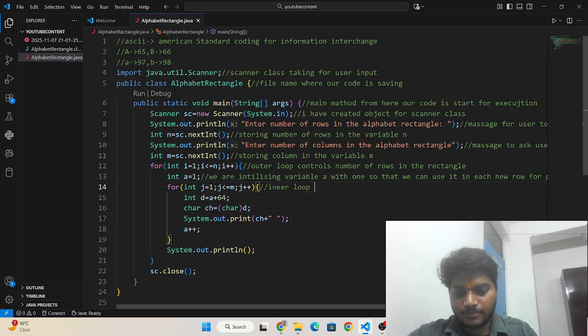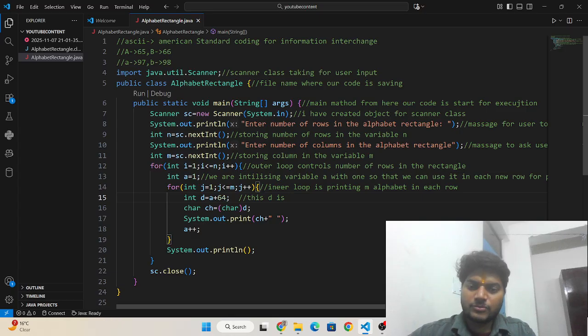Okay, and the inner loop is printing alphabet m times, m alphabets in each row. Okay, and what is this d doing?